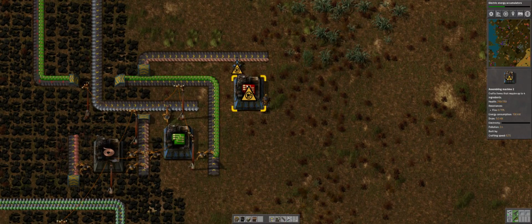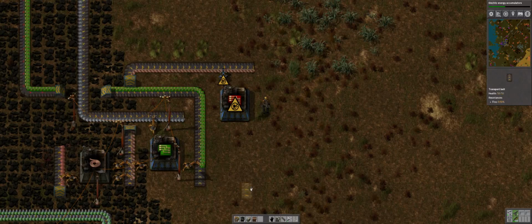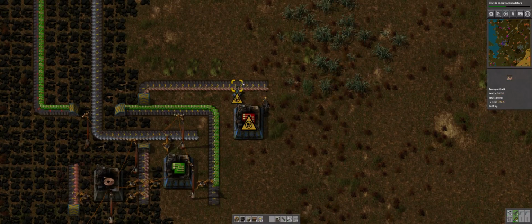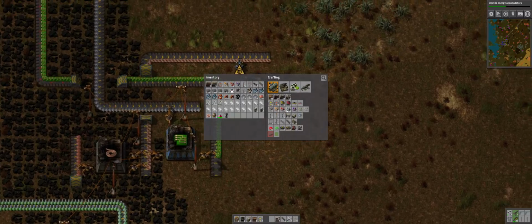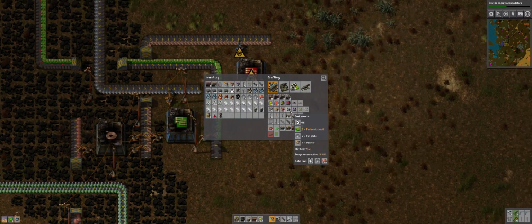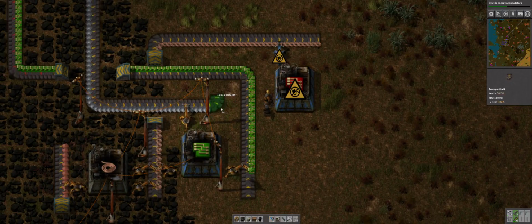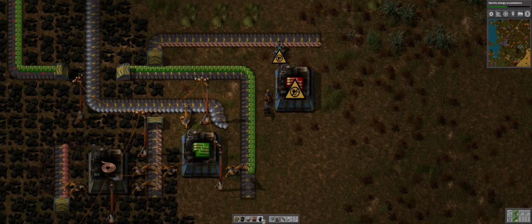As you can see now, there's a big image of the advanced circuit, which for that, 2 electronic circuits, 4 copper cable. I already got the 4 copper cable here, and clearly I already got everything else. Now the only thing I need to do is move this a cinch that way